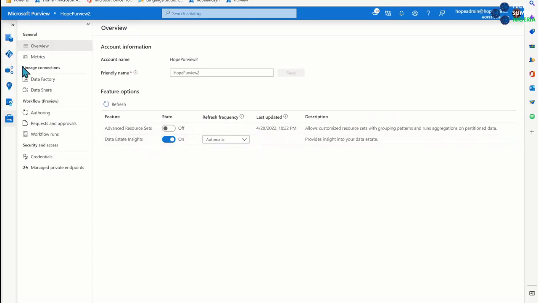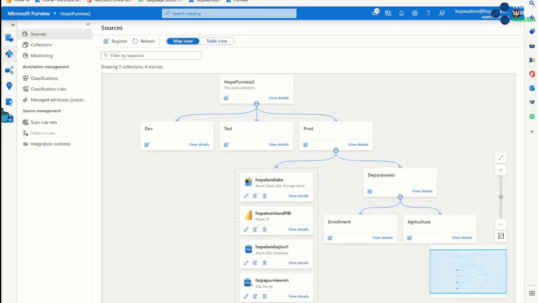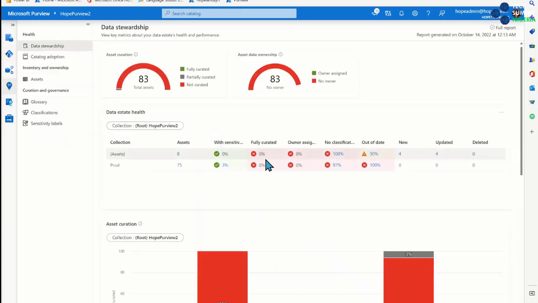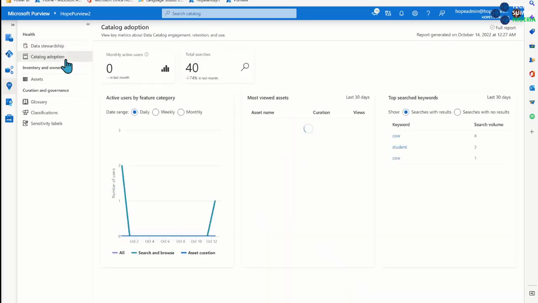Data estate insights, which let me jump over here and show you really quickly. This is what data estate insights is. This is for chief data officers and folks that care about the data and compliance and those things. This is where their eyes light up when I talk to them.